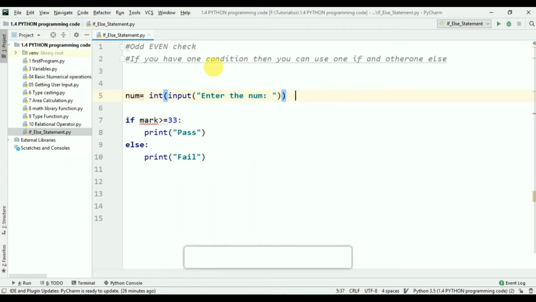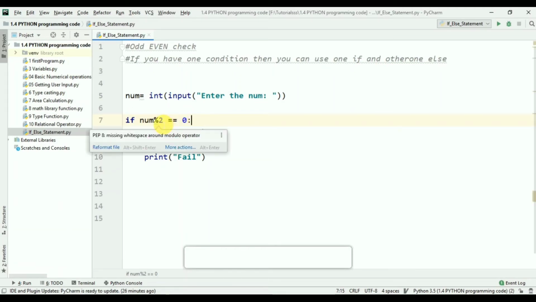Just remove this one. In the if condition, I type num: when the number is divided by 2 and the remainder equals 0, then it will print the number is even.